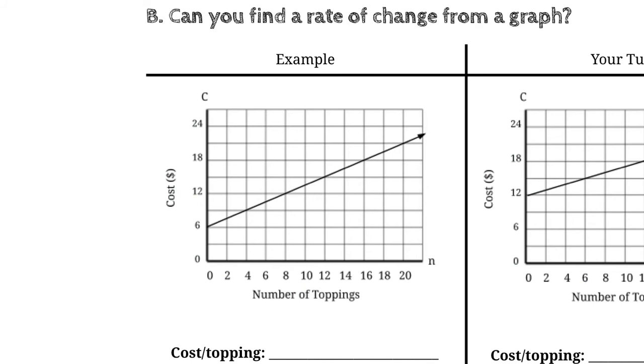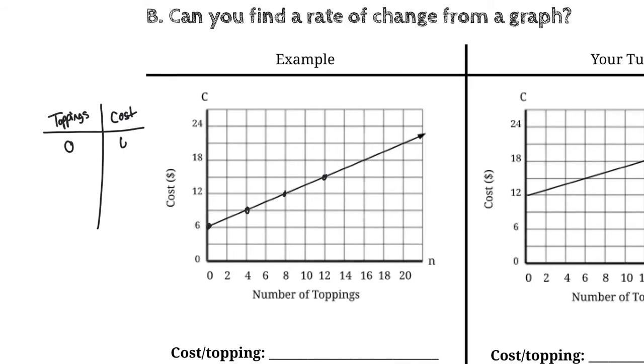And now let's find the rate of change from a graph. So we have the cost here, and it depends on the number of toppings. So suppose this graph represents the cost of a pizza. So one way to do this is that you can pick points on your line and then make a table of values. So if we have toppings, number of toppings here, and then our cost,